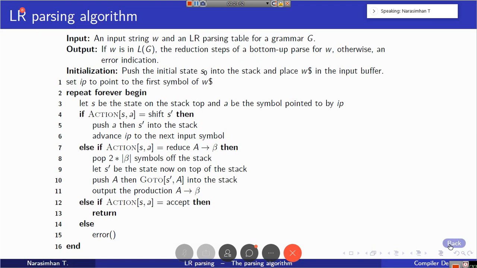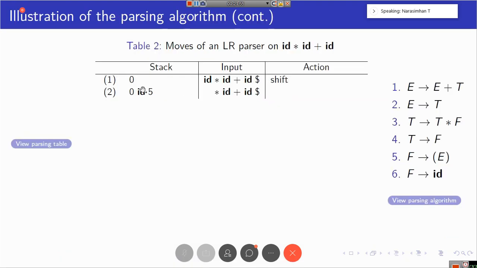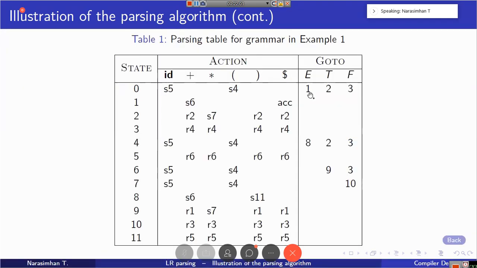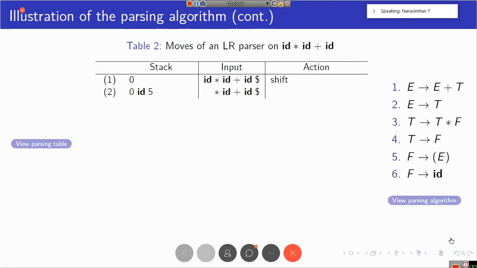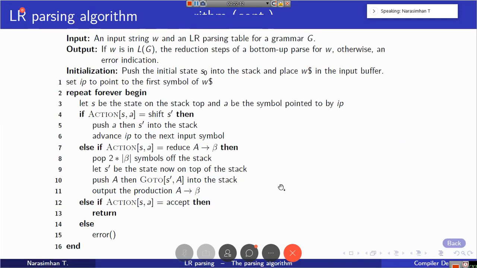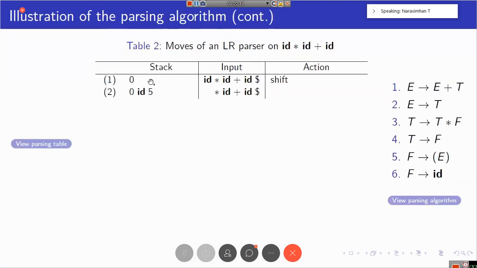So you come back here, left hand side is F. You need to check for 0 and F. That combination you need to check in the goto parsing table. So this is the goto part, 0 and F. What is that? 3. So what you need to do? You need to push the left hand side of the production as well as the goto entry into the stack. So here, what is the left hand side? F. Next state is 3. So both will be pushed. So F is pushed, 3 is also pushed. Fine. Go back here. Now we continue this operation.